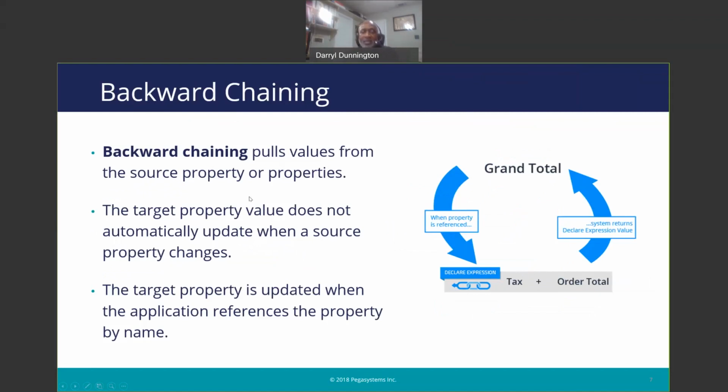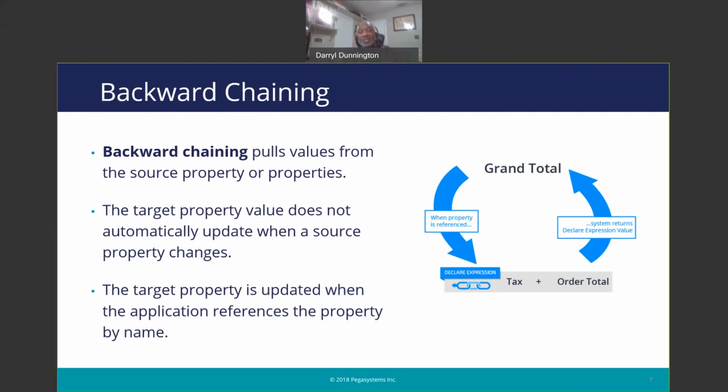The best example I can give you is, let's say that you're on a shopping cart. On one page, you have the items you purchase, quantity, the amount, the line items, and then it gives you all of that, and it's forward chaining. But for some reason, we make a decision from a design perspective that we don't give you the total. In order for you to see the total, it takes you over to the next page,